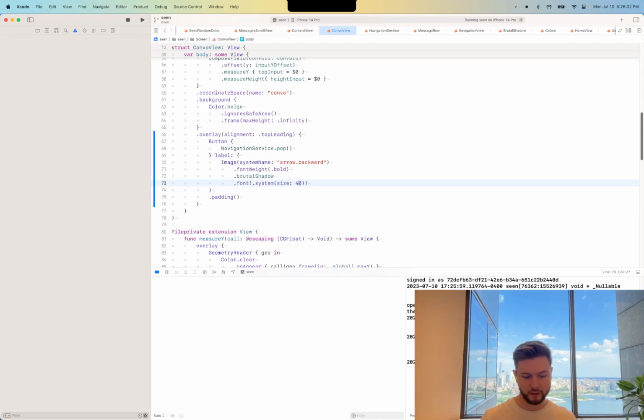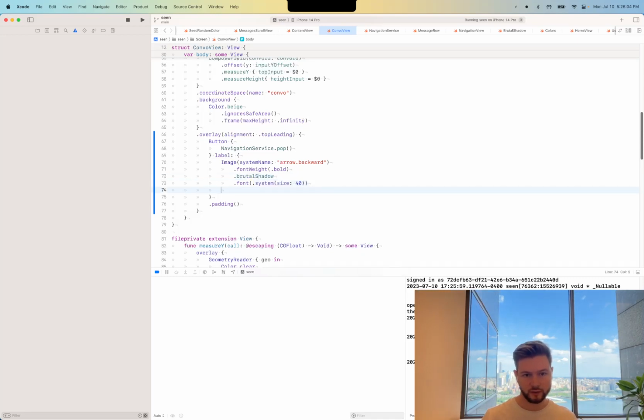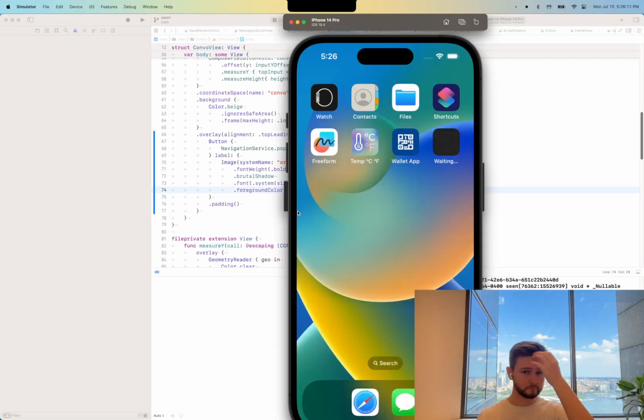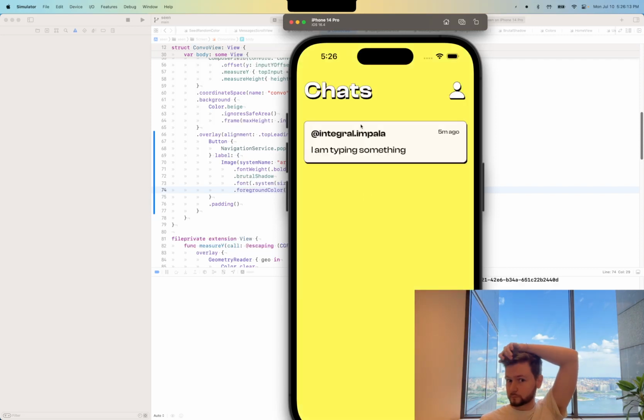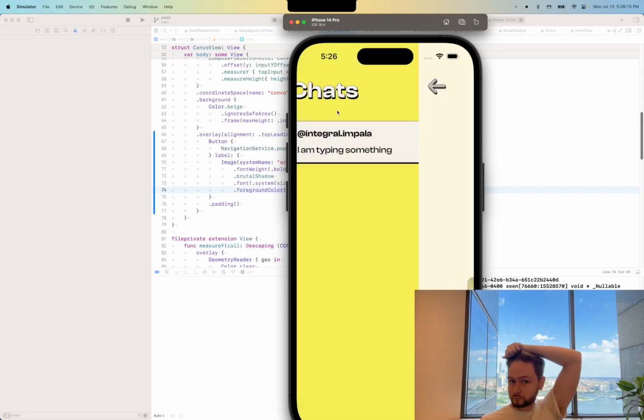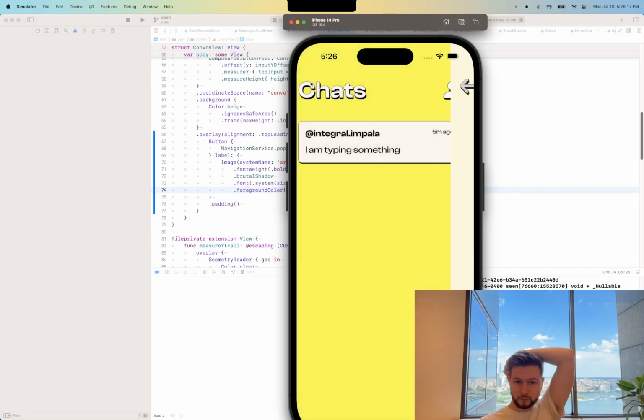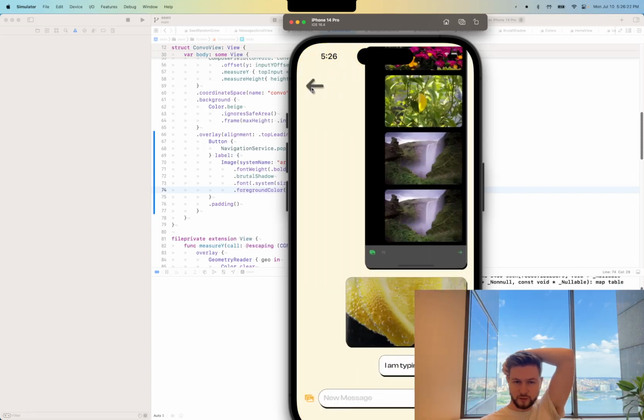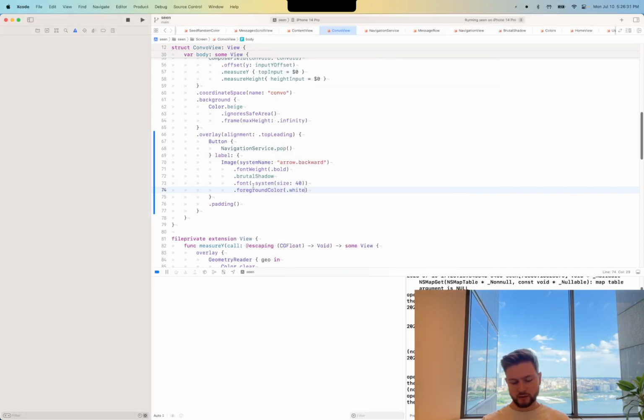That's a little bit big, and we just want to give it a foreground color of white. Yeah, that works. Do I want these buttons to get rest? Well, one thing we can do